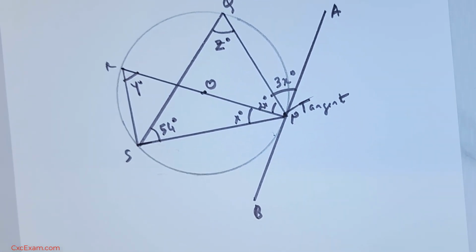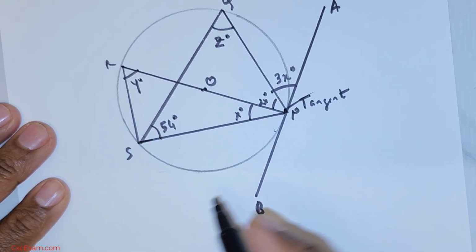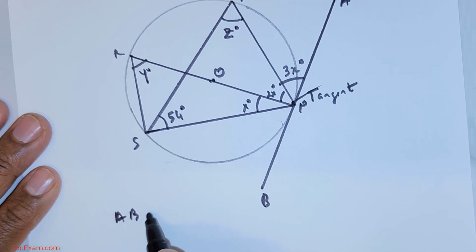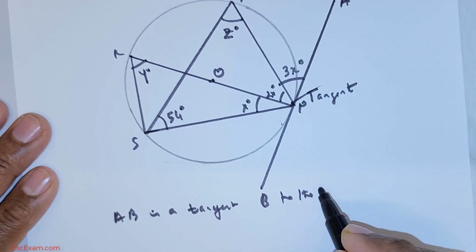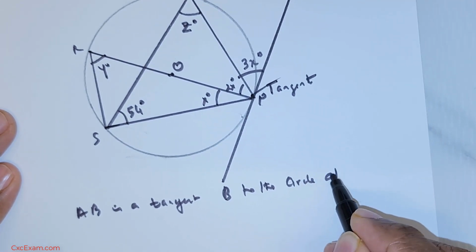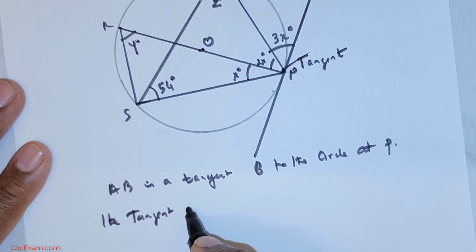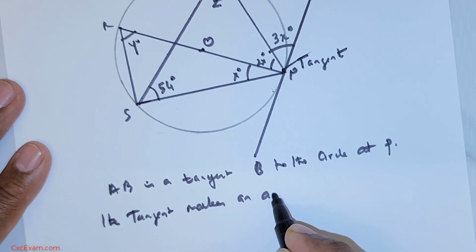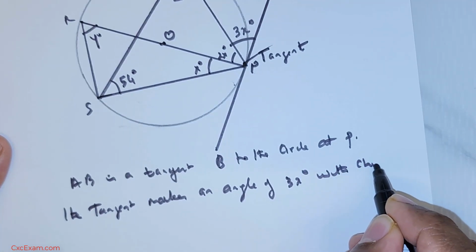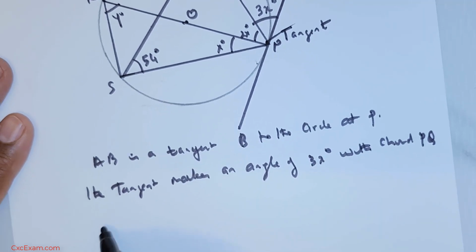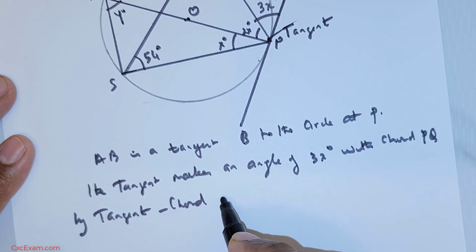Okay, now to get the values of all these x, y and z, foremost we will have to observe the following. AB is tangent to the circle at P. The tangent makes an angle of 3x degrees with the chord PQ. By tangent chord theorem,